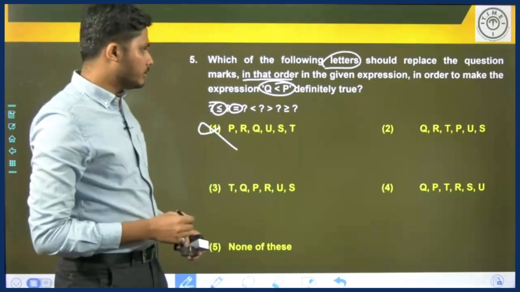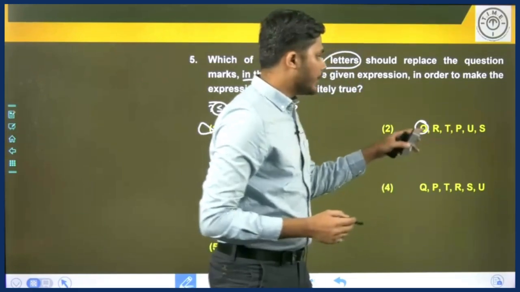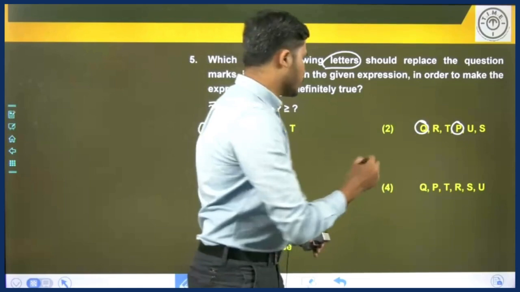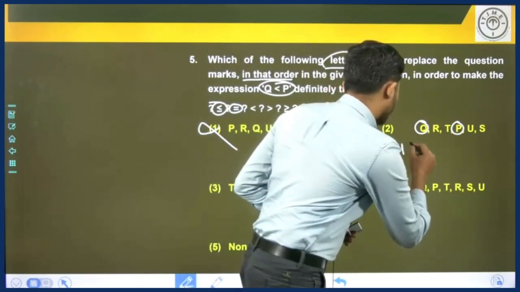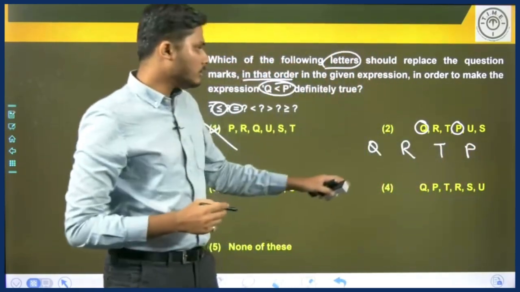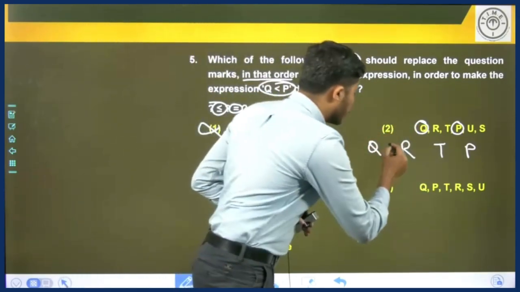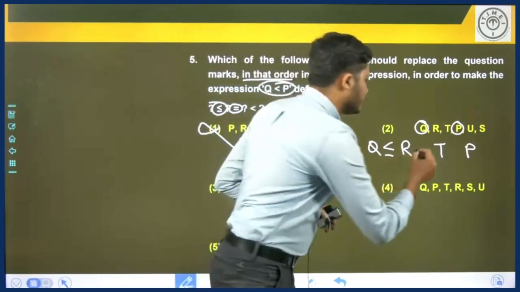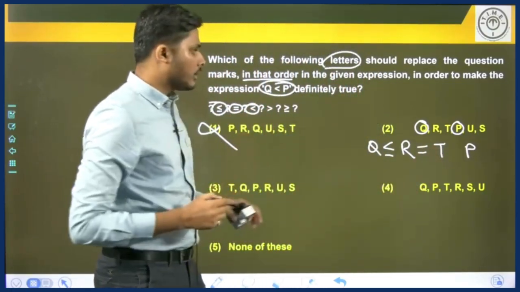Moving on to the next option, the second option. Here again Q is in the first place and P is in the fourth place, and the only letters between Q and P are R and T. So let's write only the letters between Q and P: Q, R, T and P. The first symbol here is less than or equal to, Q is less than or equal to R, the next symbol is equal to, R equals T, and the next symbol is less than, T less than